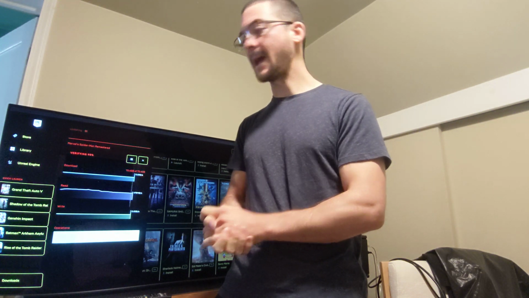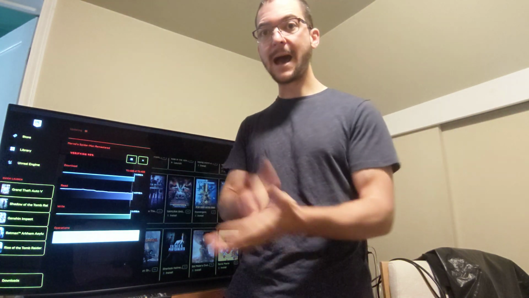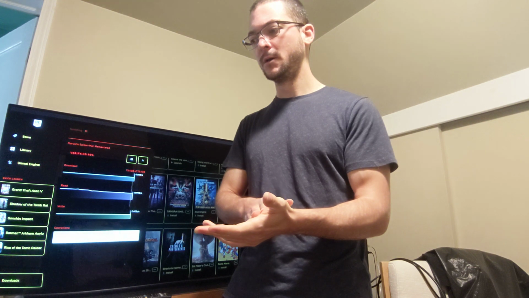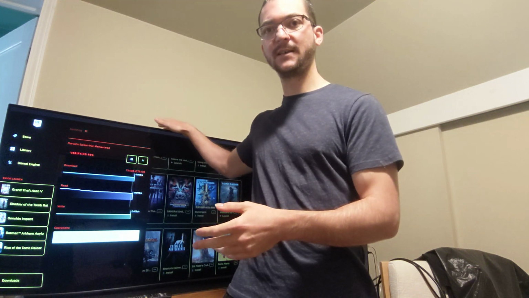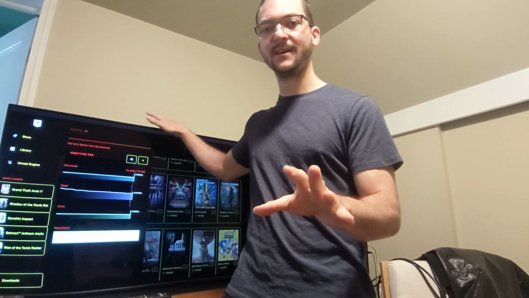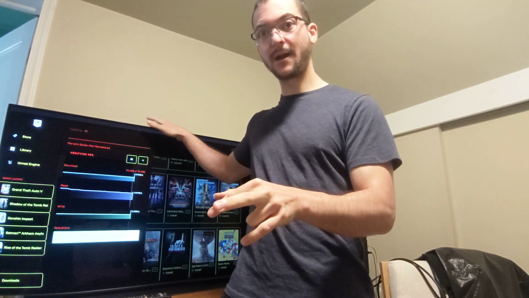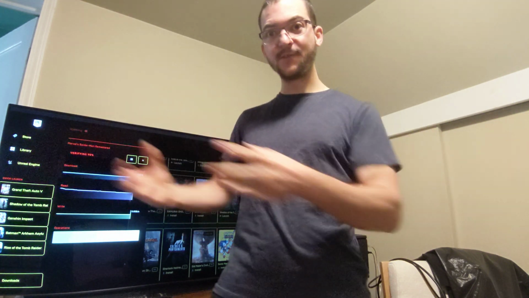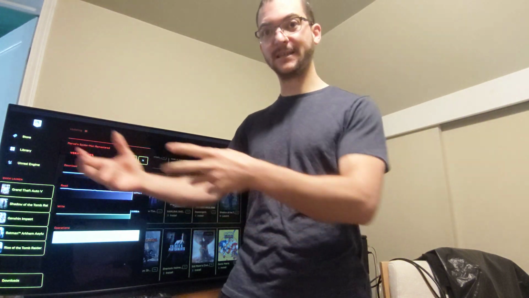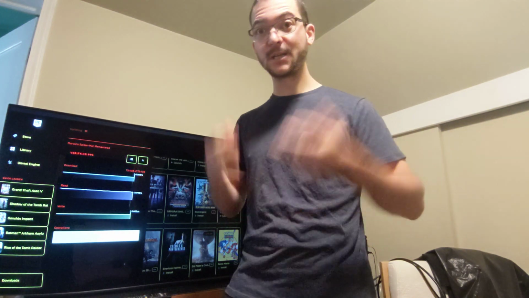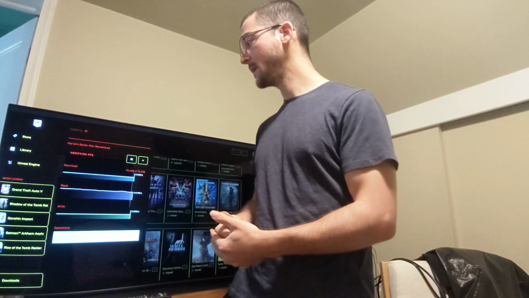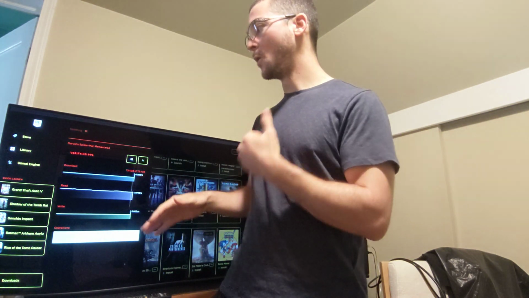So yeah, that's what I'm trying to figure out. How can I tell Windows this display doesn't have HDR10, it only has HLG, so I can force turn on HDR anyway? So it's going to give me that color space, it's going to give me the 10 bits, but the TV is going to use HLG. That's what I'm looking for. It's either that or